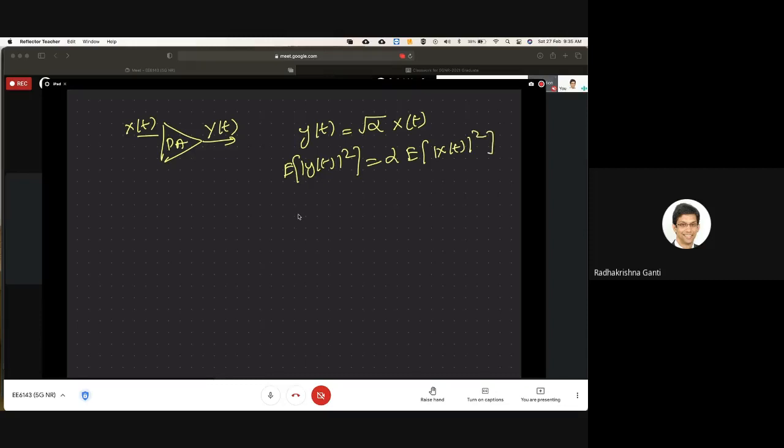Depending upon your amplifier, alpha can be 10 dB, 20 dB, 30 dB. This is a theoretical model where whatever value of x of t you give, you get y of t. But in reality, if this is the input power and this is the output power,